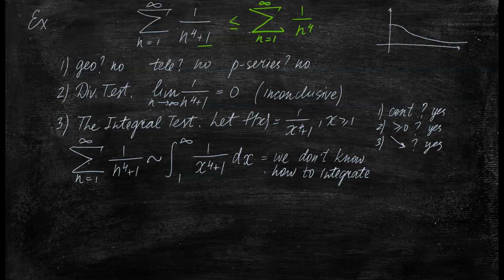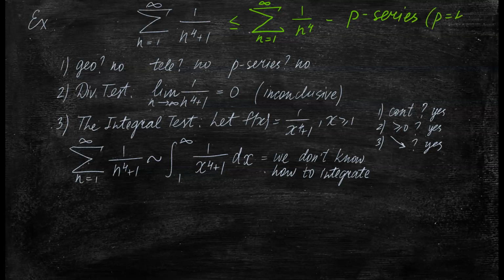So this inequality holds. And what does that mean? That means that we now have compared our original series with another series about which we actually know quite a bit. The new series that we have written is actually a p-series,